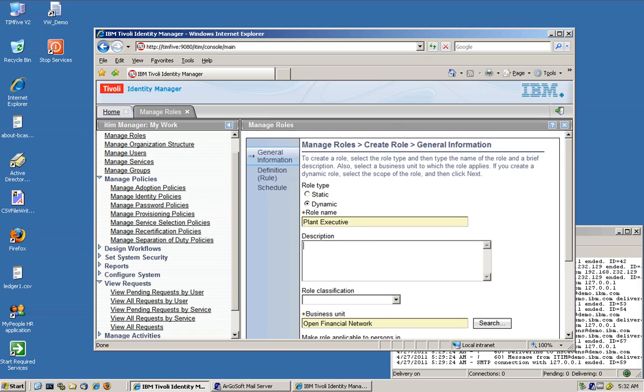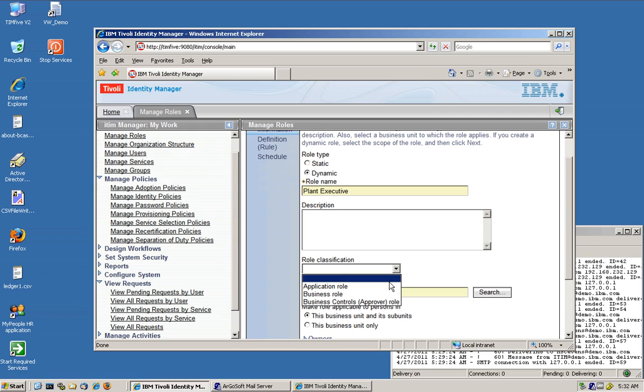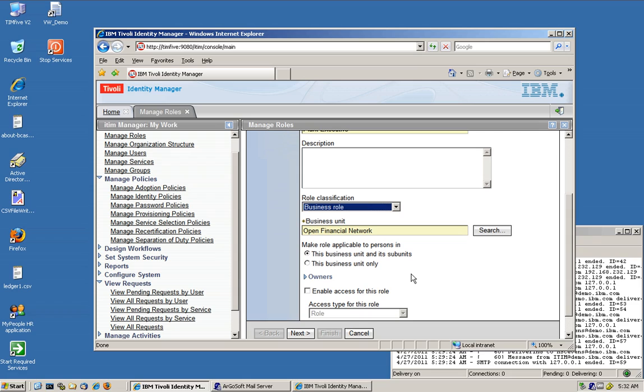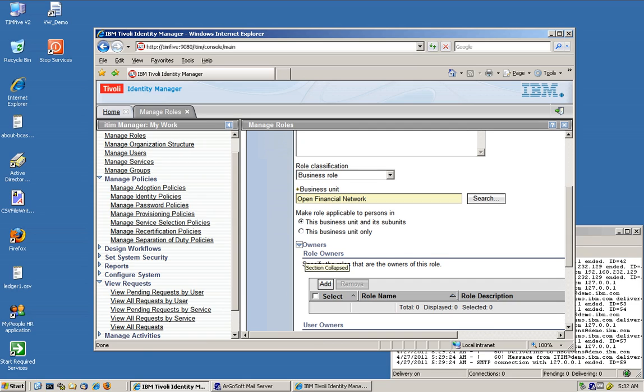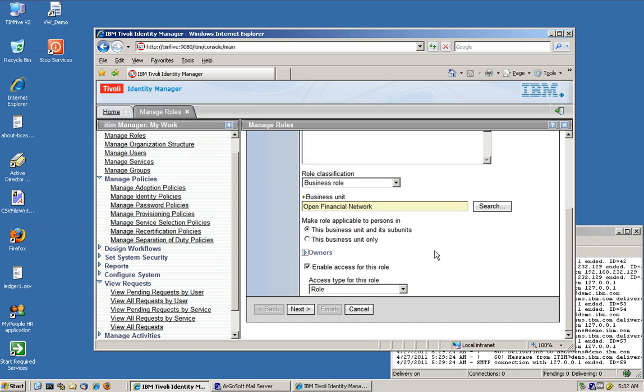We can put a description here. We can add a role classification. Let's say that that's a business role. And we enable access, and we could specify an owner as we did on the static role, but we're not going to do that. Anyone who automatically gets that, there's not going to be any workflow of approval